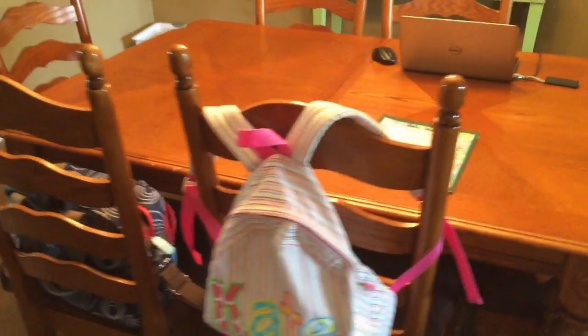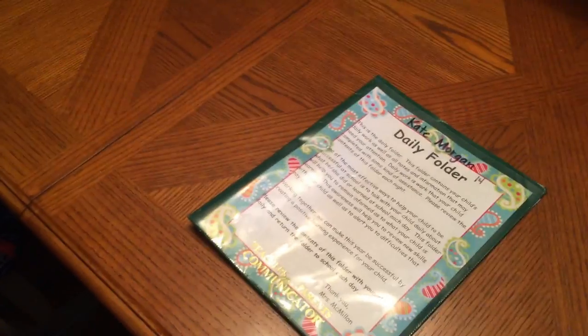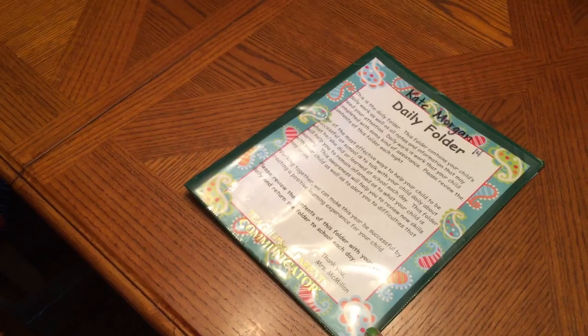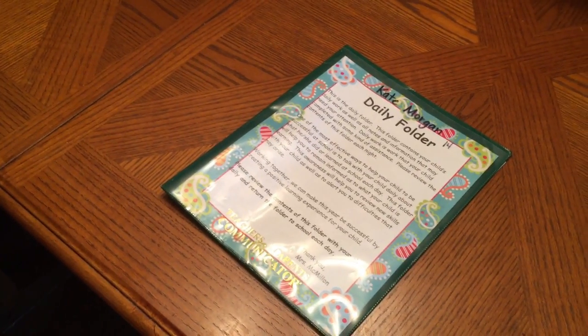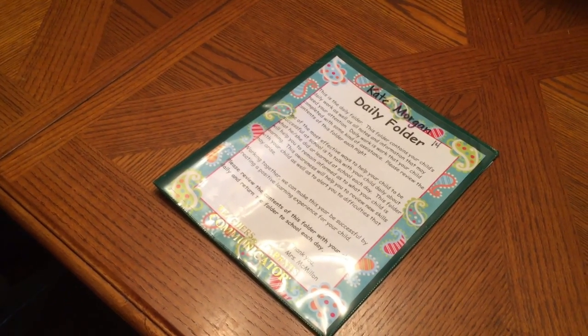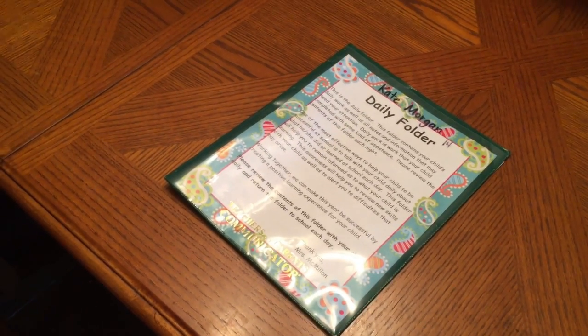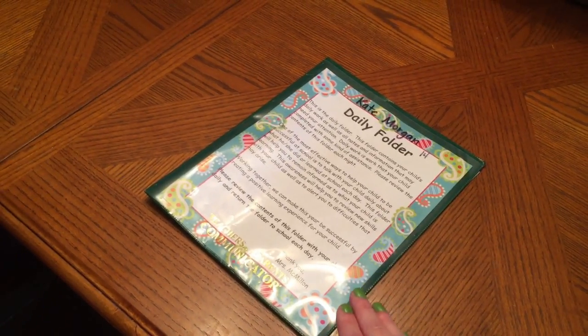I will take out her folder that her teacher has placed in her bag every day. I will open it up and I will look at it. Any homework that she has to do, we will get that done, and I have to sign a daily sheet saying that I have looked at how she has acted for that day. So I will get that signed, we will get all of her homework done,